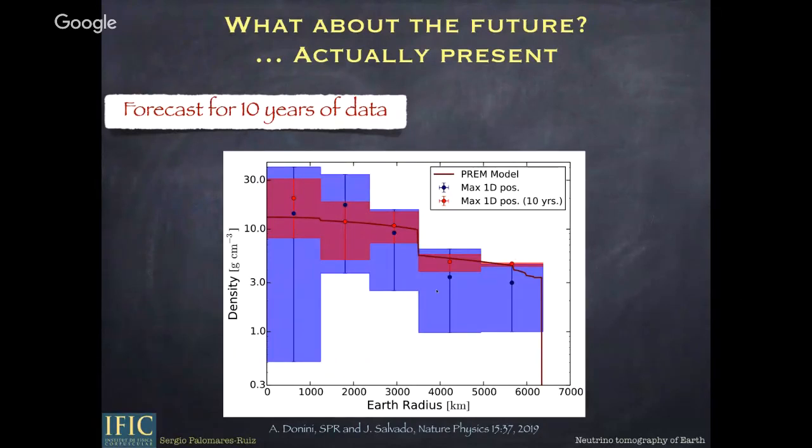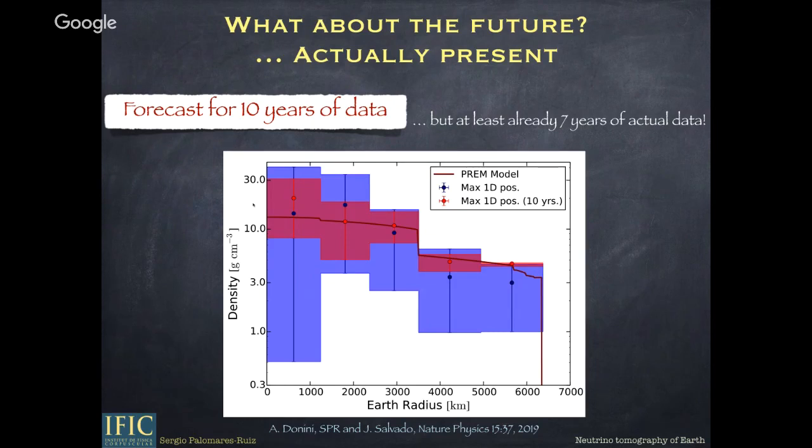And as I mentioned, this is the future, but actually it is the present, because there are already 7 years of data which have been recorded by IceCube. So we used 1 year of data, but this was between 2011 and 2012. So we have all these 7 years of total data that have been collected, and it's a matter of doing the analysis and seeing what we get. So practically the red is probably what we have now and not the blue.